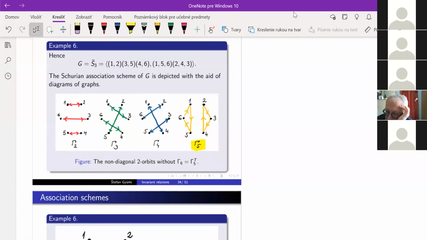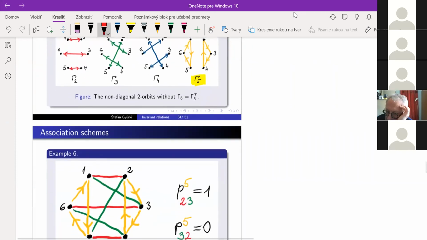So here we see that, in fact, gamma 2, gamma 3, and gamma 4 are undirected graphs, but gamma 5 is directed, and therefore gamma 6, which is its reverse digraph, is directed. So clearly this association scheme is not symmetric,